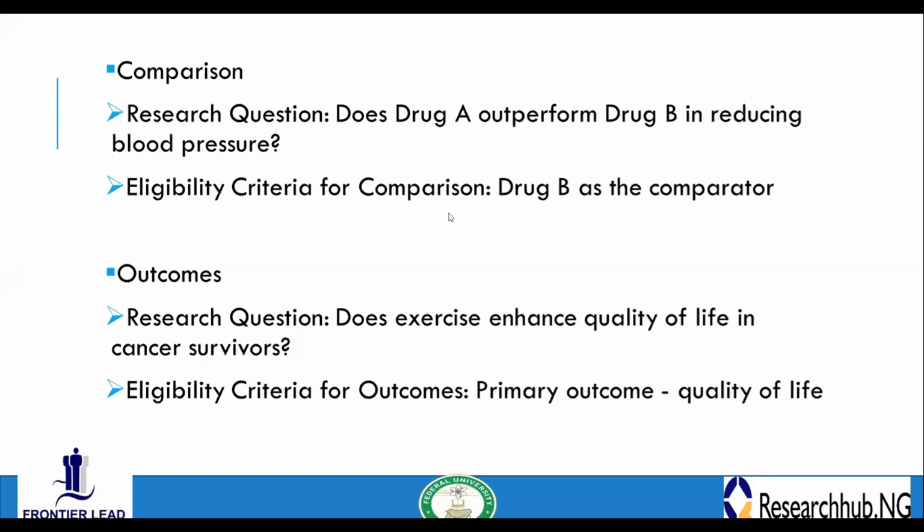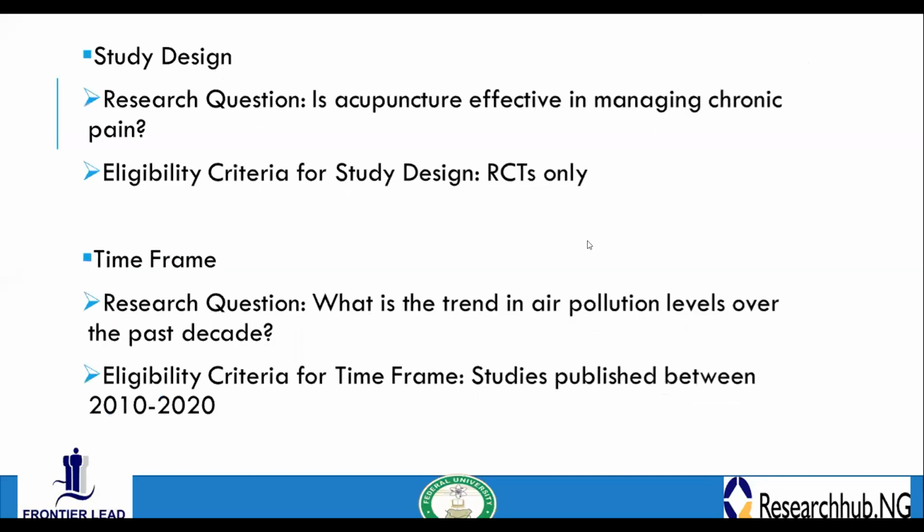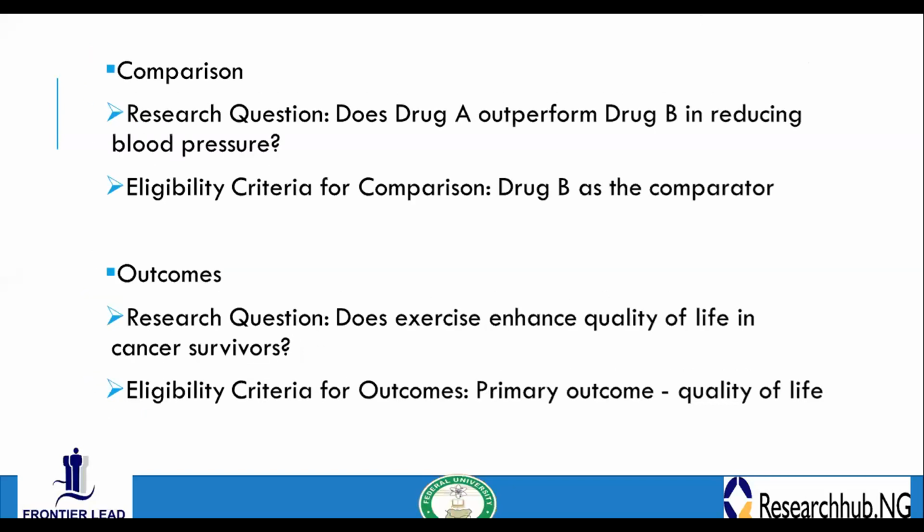Okay, yeah, good. So I'm saying that if I want to use this same example now, let's use this particular question. Does drug A outperform drug B in reducing blood pressure? Now let's assume that the inclusion will be very easy to set. Now the exclusion here will be, looking at population, assuming we are looking at adults,